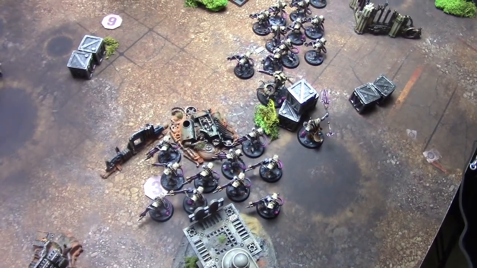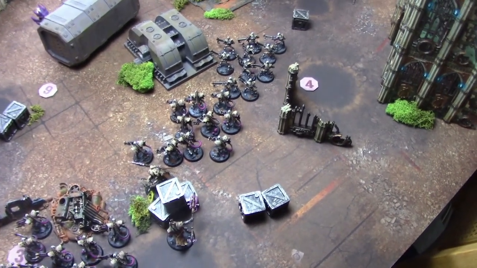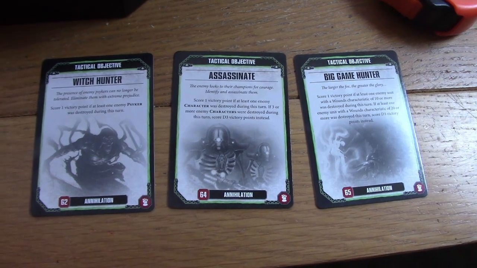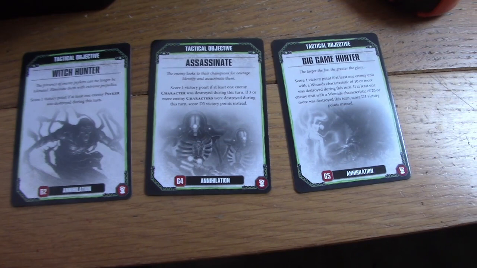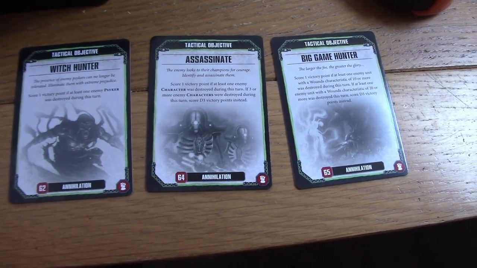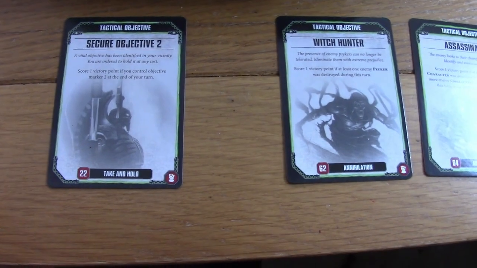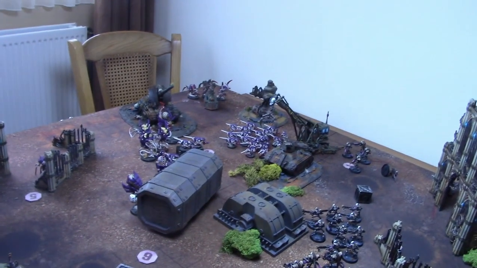Going to be tricky. Now then, on to turn 3 for the Necrons. So here are the new cards I draw for the Necrons. Witch Hunter, kill a Psyker. Assassinate, kill a character. Big Game Hunter. Yeah, I couldn't discard that from my deck before, so... and I still have Secure Objective 2, which is going to be mission impossible with all the Gaunts back there